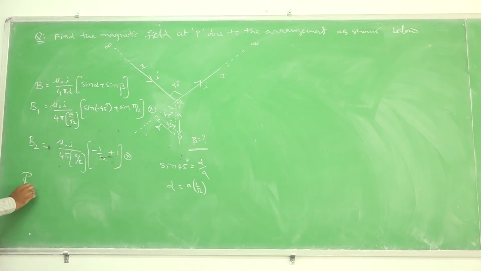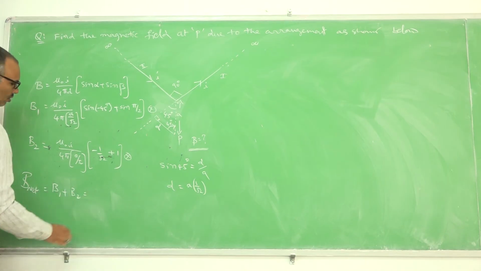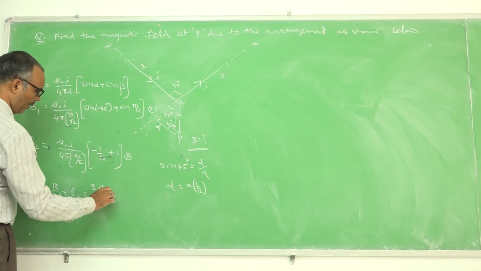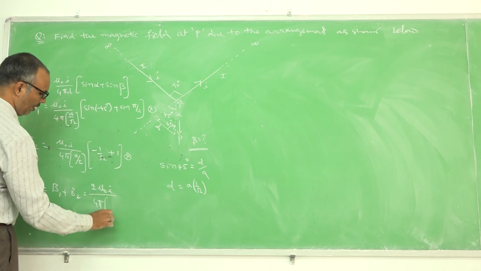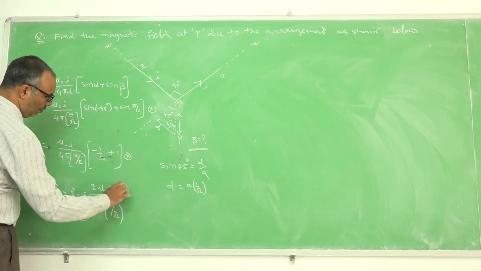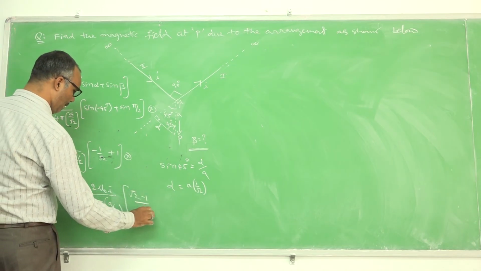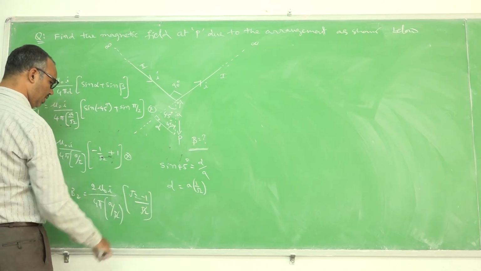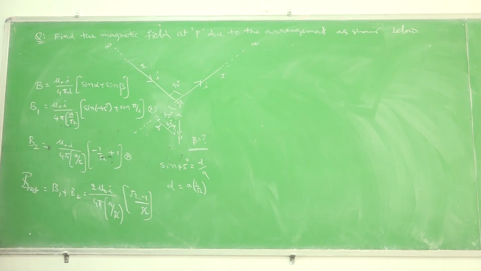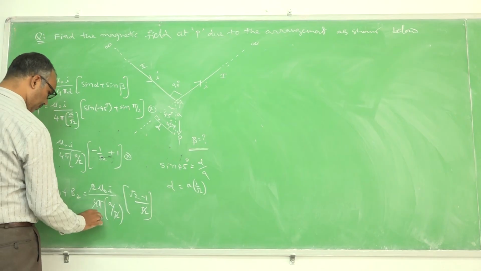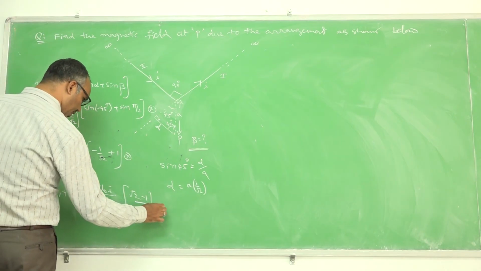B net is B1 plus B2. So 2 mu naught I by 4 pi A by root 2, into root 2 minus 1 by root 2. Root 2 gets cancelled. This will go for 2 times. So the answer is